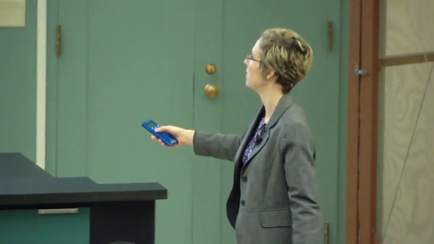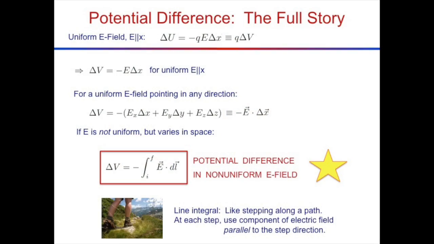And as you take the limit, where your steps get smaller and smaller, little bitty baby steps, this turns into an integral, right? That's the magic of calculus. Summing up all those little steps turns into this integral. And so, in general, the change in potential is minus the integral from initial to final spot of E dotted into dl. And this is called a line integral,